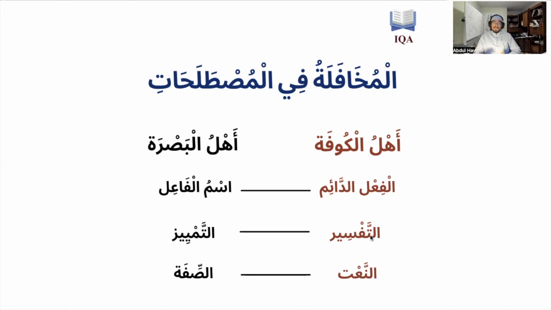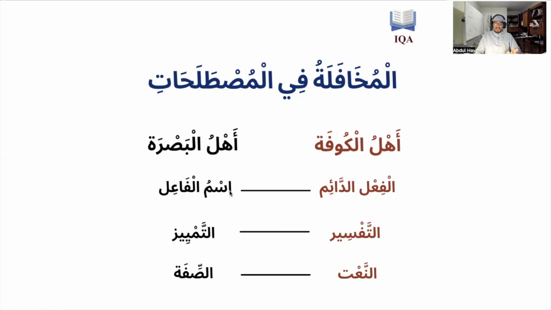So they refer, for example, Ja Muhammadun al-Kabiru. They say al-Kabiru na'at. But the school of Basra, they say Ja Muhammad al-Kabir, they say al-Kabir as-sifa. But for example, for tamyiz, if I say I saw 11 stars, kawkaban, Ahl Basra would say tamyiz, right? Ahl Kufa, they refer to kawkaban here as a tafsir.